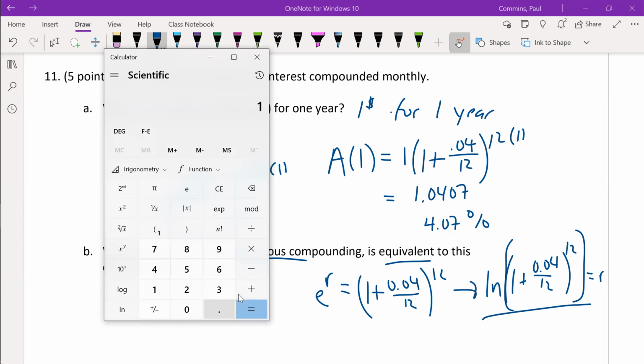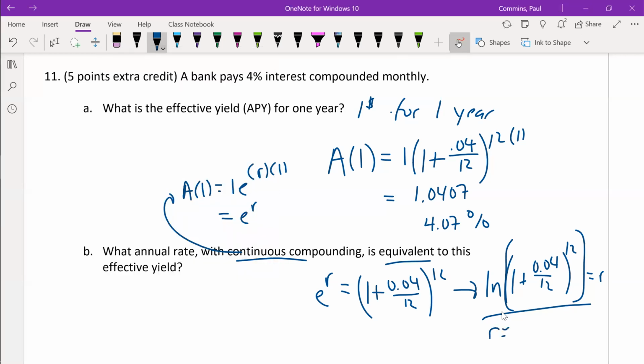1 plus 0.04 over 12, raised to 12. And I take the natural log of that number. And I get 0.0399. So to 2 decimal places, that's 0.04 if I round it. So I'm just going to leave it as 0.0399 just to show you that it's not 4. R is equal to